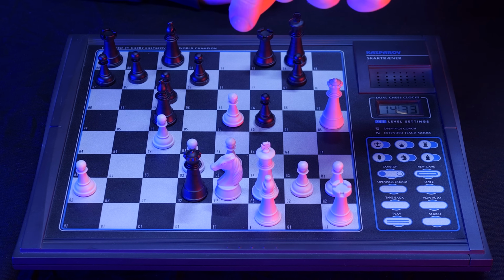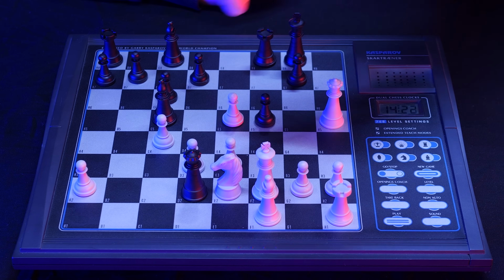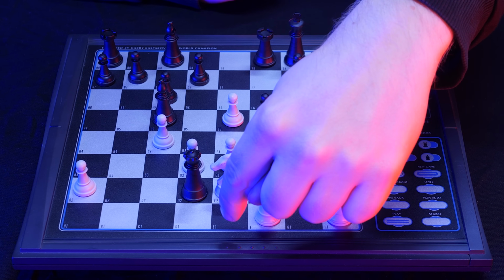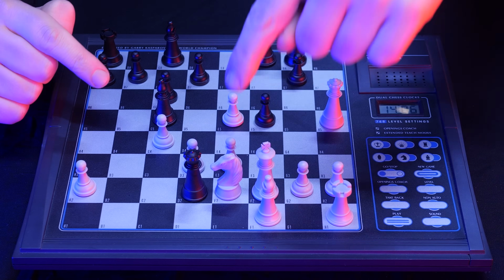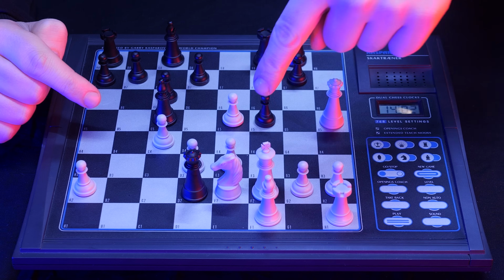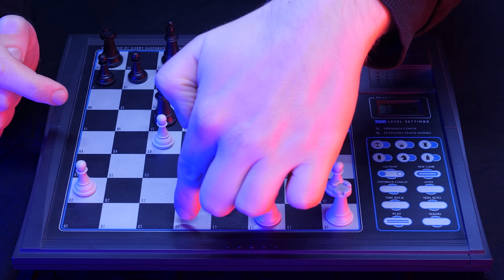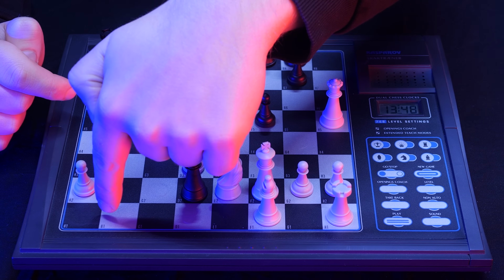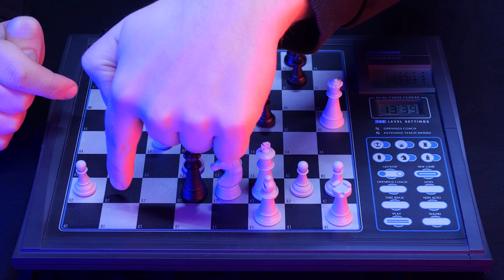So now I actually want to capture with the bishop, because if I capture with the queen, the king will have to go to e1. But then maybe that's okay. Queen takes e3, king e1, bishop b4, check, king d1 with the queen here. Queen takes d3, check, king c1, queen back to d2, king b1, queen d1, check, king b2,